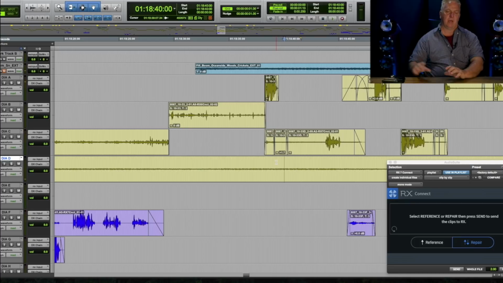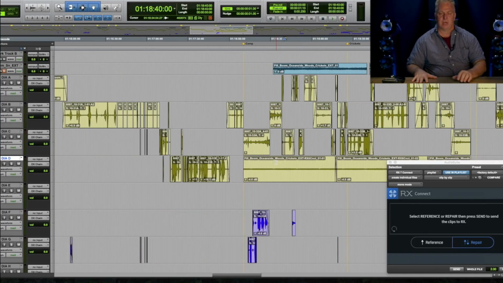So this way, we have now gone through, stripped out all of the crickets and cicadas out of all of these recordings. We have cleaned up the specific microphones. We have de-rustled them to take the movement out, and we've actually replaced the crickets with a separate cricket loop. This gives the mixer the ability on the stage to actually add more of the crickets, or pull them back, or take them out completely if there's another cricket loop they want to use instead. It just gives him a lot of choice. So you'll find that this technique is really good when dealing with crickets and cicadas.